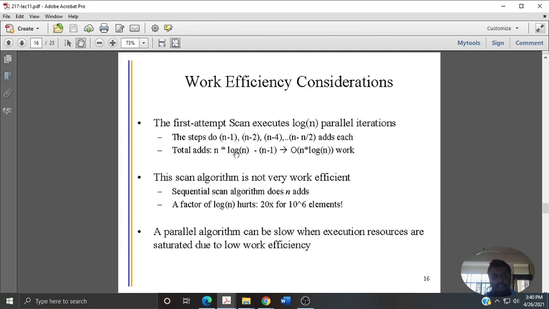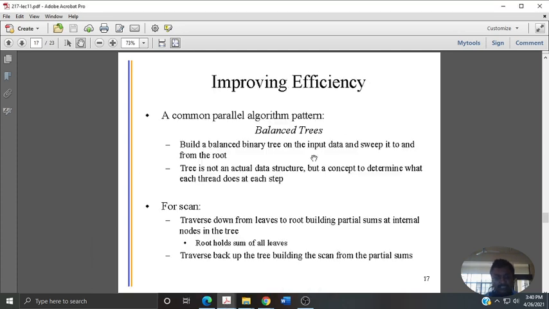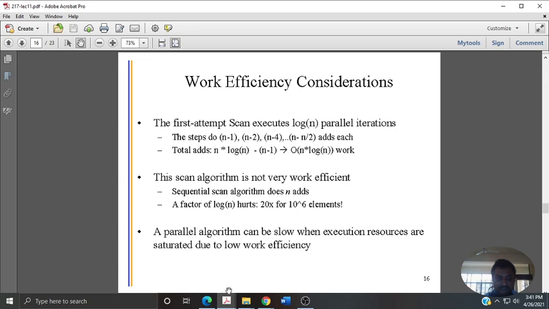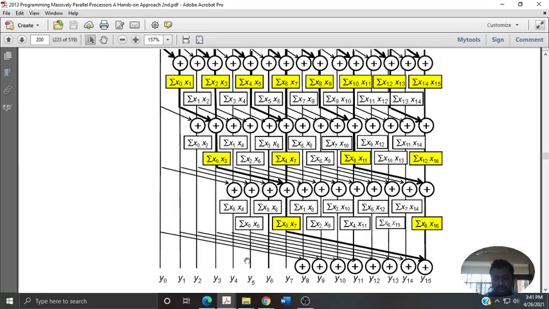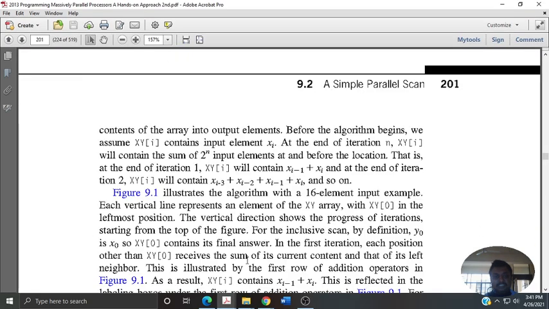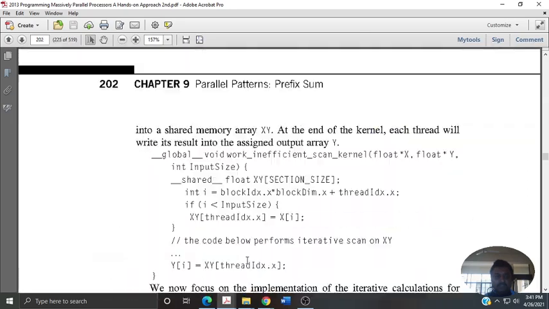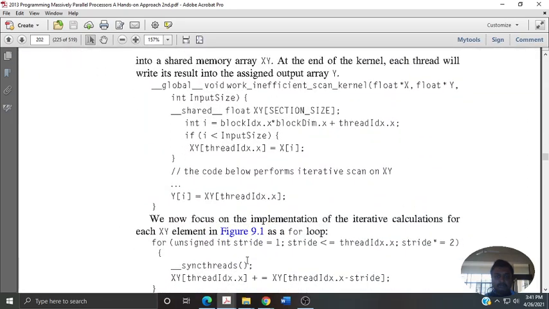So overall, you are making so many additions compared to a sequential mechanism with respect to reductions. I use a rough example: there is a 20 times increase in the additions, which basically hurts the work efficiency with respect to the resource allocations. The numbers he has not shared in the slide, and hence I'm repeating this with respect to the textbook. So whenever you are accomplishing this kind of approach, log n, so again clearly,